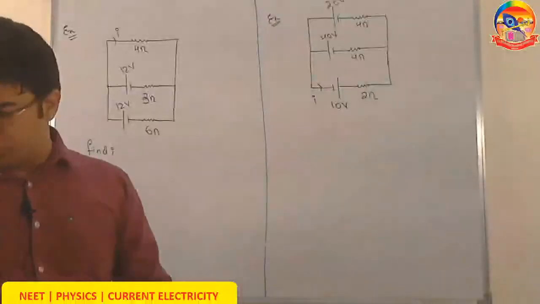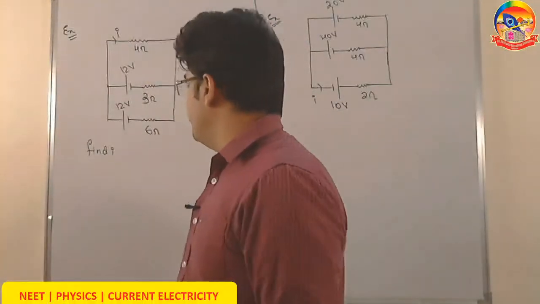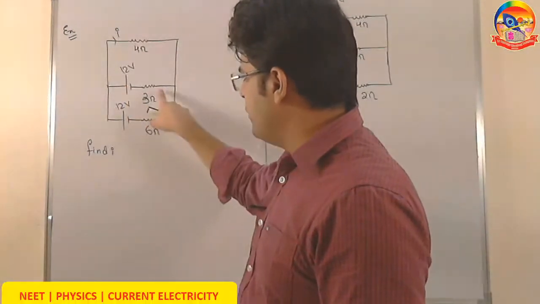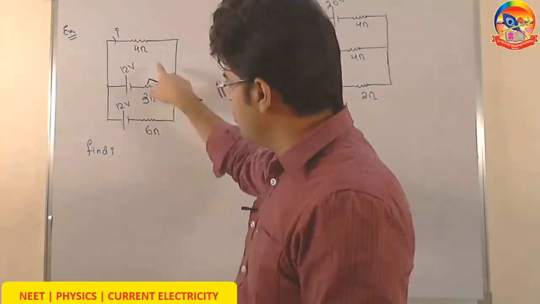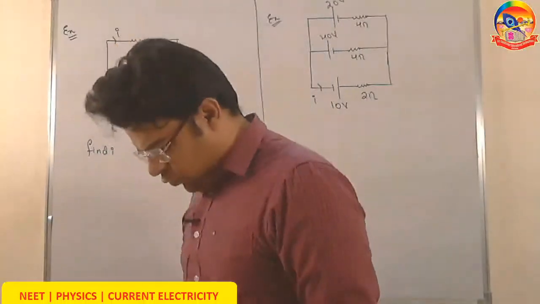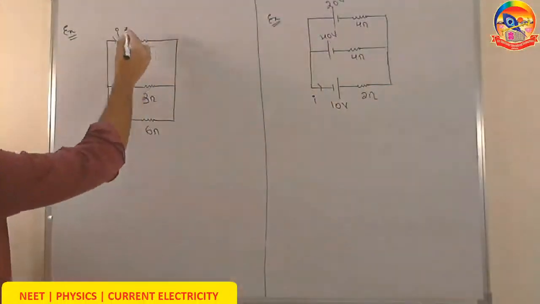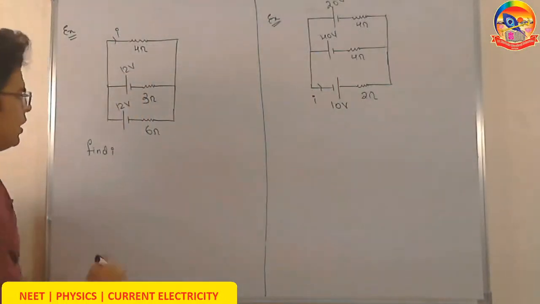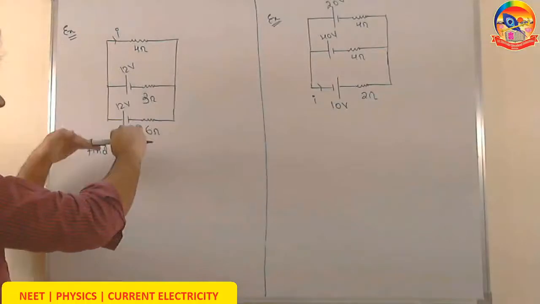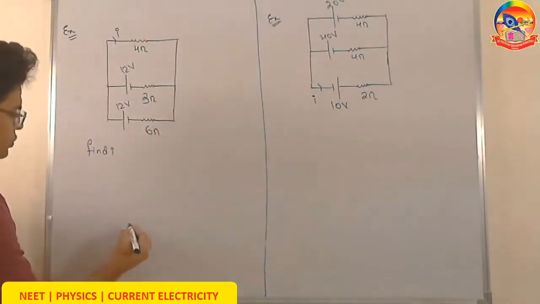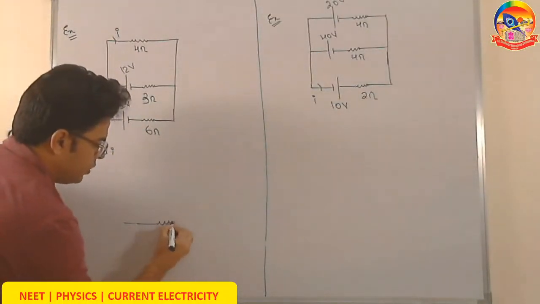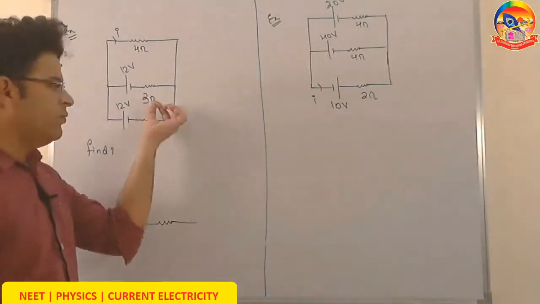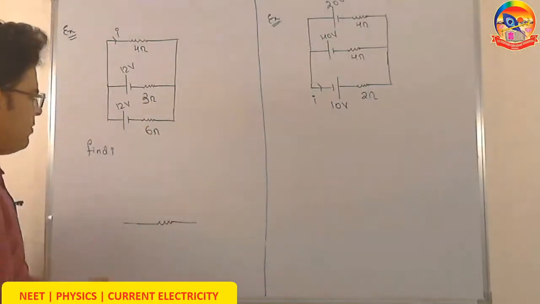Now we will use this to solve some questions. So let us do 2 questions quickly using combination of cells. In this circuit, you can see there are 2 lines having a 12 volt battery, 3 ohm internal resistance, and 6 ohm internal resistance, and they are asking what is the current through this 4 ohm. I can find the current through this 4 ohm easily if I know what is the equivalent of these 2 cells. We have just learned when you replace 2 cells connected in parallel, R equivalent comes out just like resistances in parallel. So when you have 2 resistances of 3 and 6 in parallel, their equivalent resistance comes out to be 3 into 6 by 3 plus 6, that is 18 by 9, that is 2 ohm.